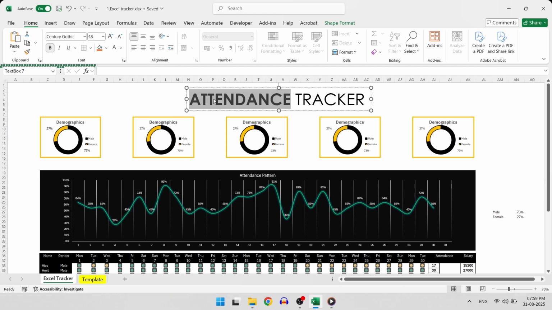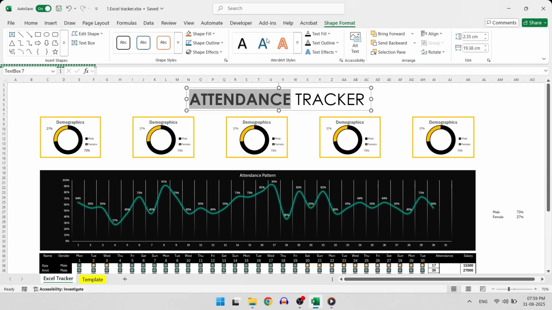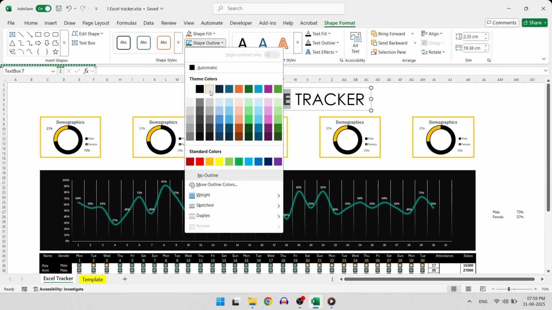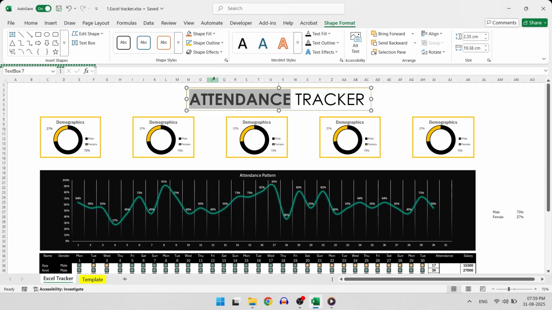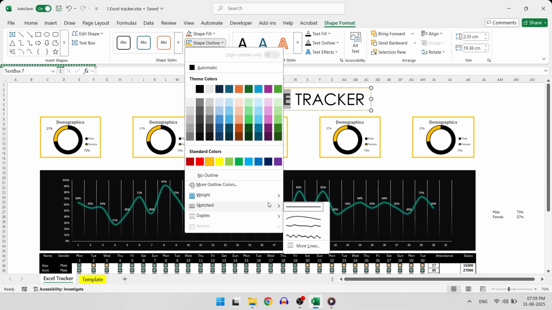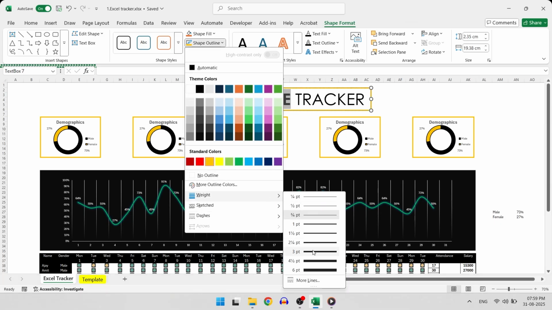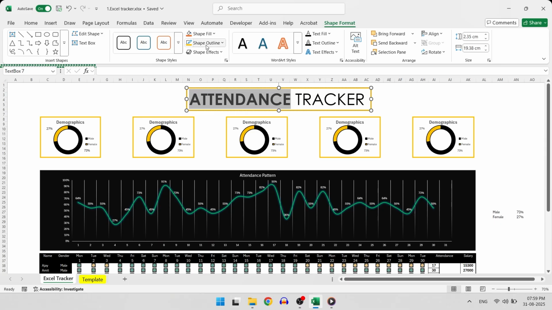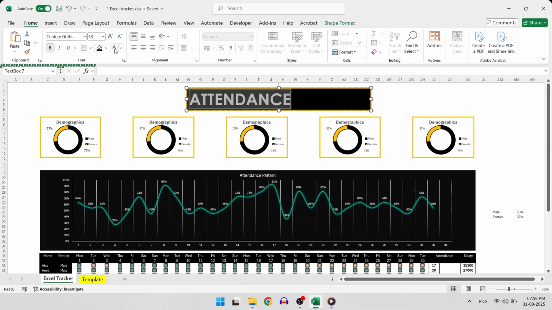Now in the shape format, set the shape outline to yellow color with size 3 point and fill the color to black. Quickly set the font color of this attendance title to yellow color.